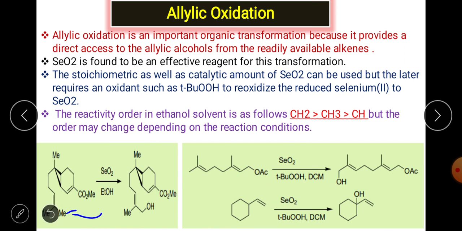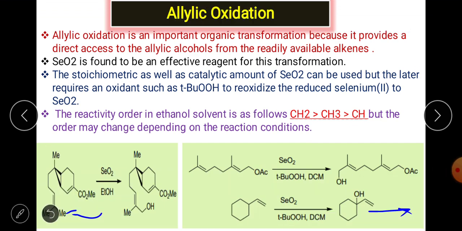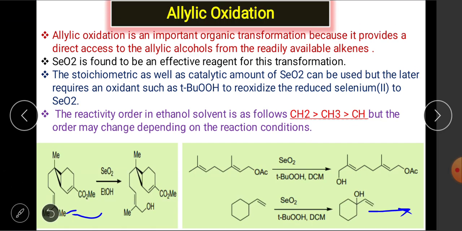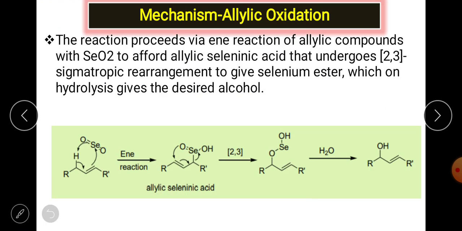Now this is a common example here. This is a highly hindered or highly substituted position. It will undergo the oxidation and be converted to a tertiary allylic alcohol, and you know that tertiary allylic alcohol substrates are susceptible to undergo the Babler oxidation. It will be converted to a conjugated carbonyl compound in the presence of PCC. Okay, so this is the simple overview of the allylic oxidation.